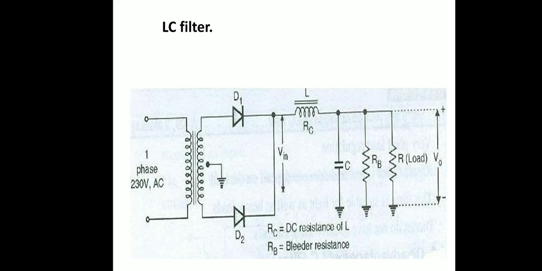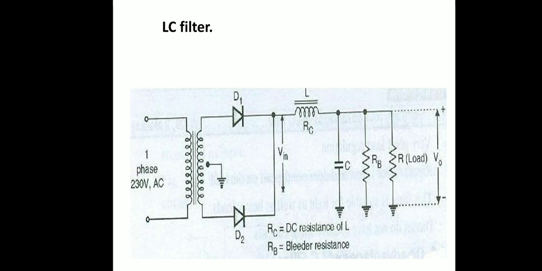The ripple factor through the LC filter has all these advantages. It has now become quite obsolete due to the huge size of the inductors and their cost of manufacturing. Nowadays, IC voltage regulators are more commonly used along with active filters that reduce the ripple and keep the output DC voltage constant. So this is about the L section.